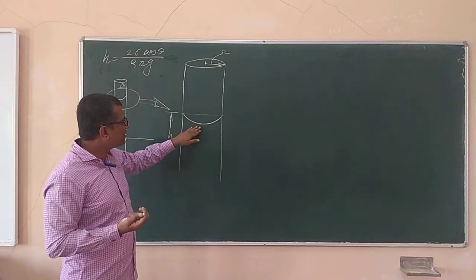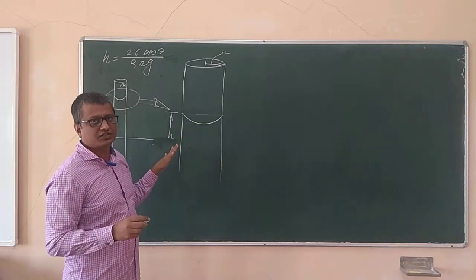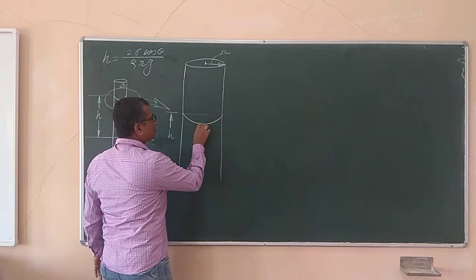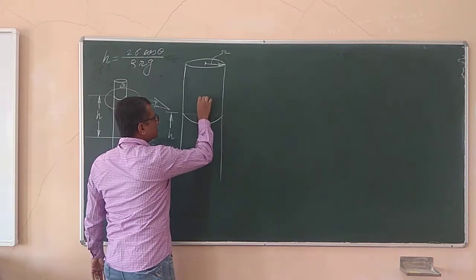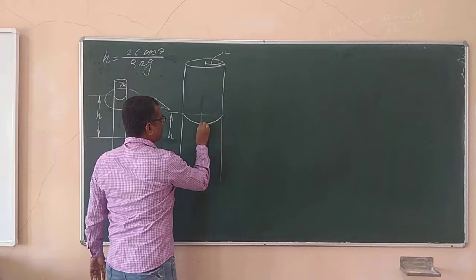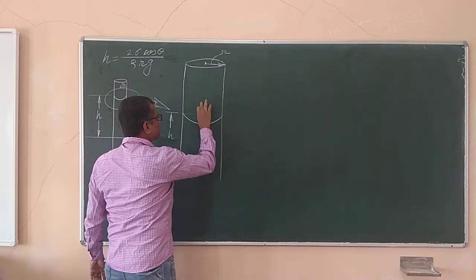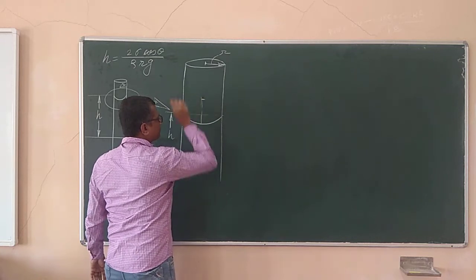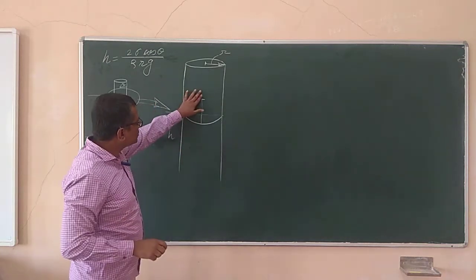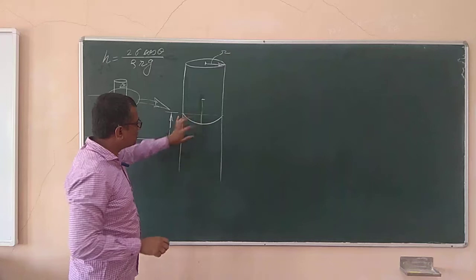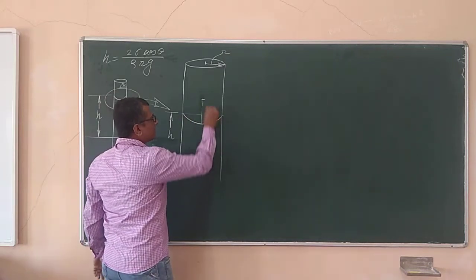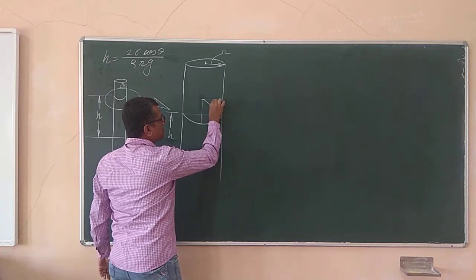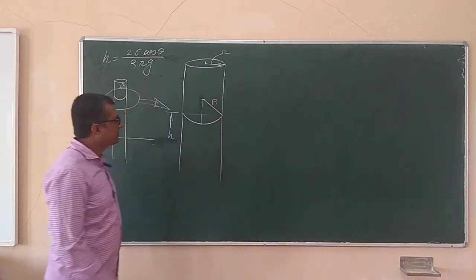Now this surface is approximately a spherical surface. It is like a sphere. If I try to locate the center point of this sphere, it may be somewhere over here. This is the center point, and the radius of curvature of this curve is, let us say, capital R, and that R is going to be over here. This is the radius R.